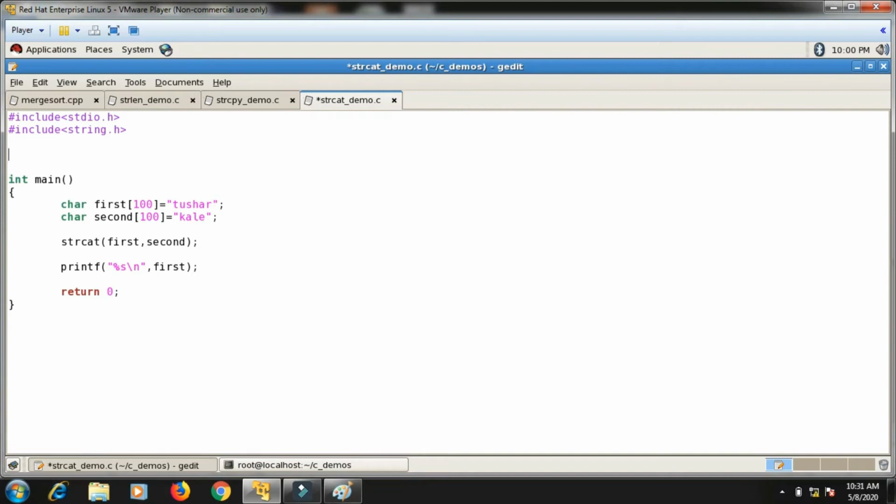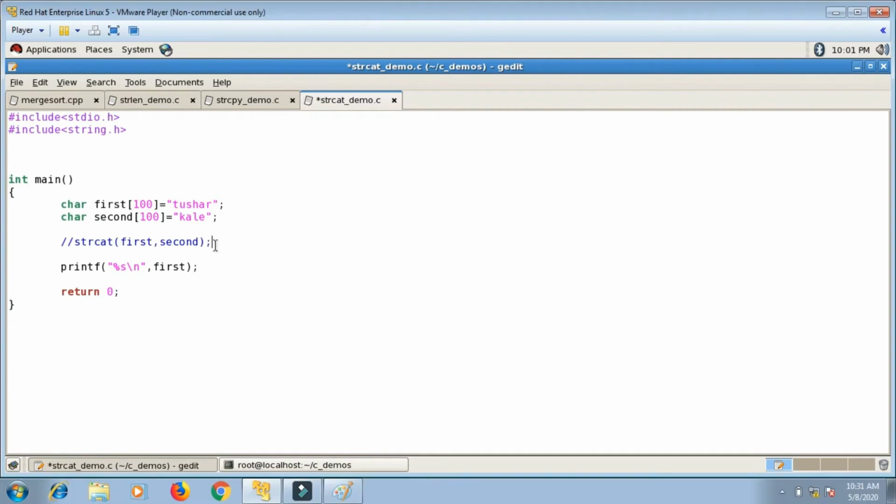So let me declare my function here. Instead of calling the built-in function, I will call my own function. Suppose the name of my function is string underscore concat, and I will pass the strings first and second to that. Then how will be the declaration and definition for that string concat function? Now what will be the return type?